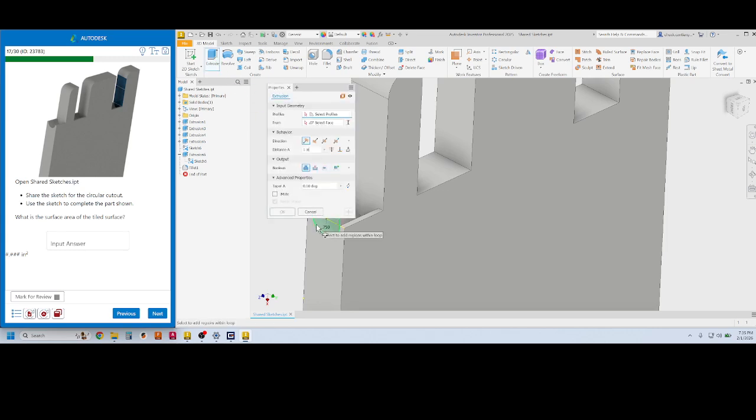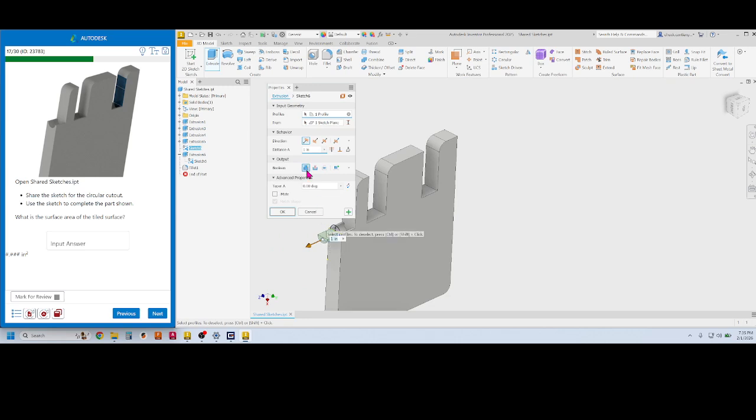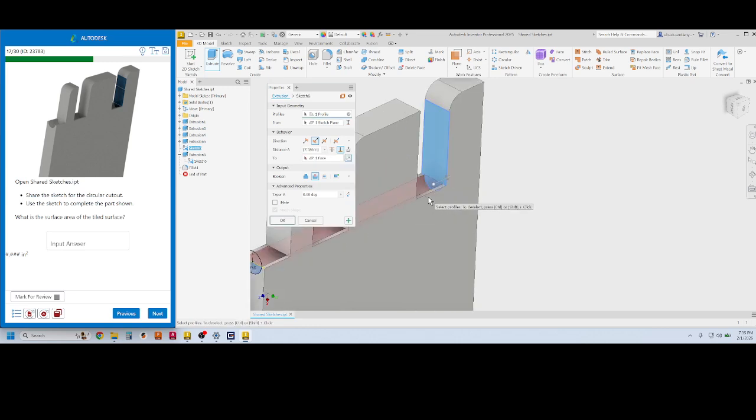Okay, extrude. We only need to extrude the bottom half of this. Okay, and we're not doing a join, we are doing a cut, which is going to run it through there. Well, how far back does that go? Well, we don't need an actual dimension because we can say To. We can use this To thing here, click To, that face, and it'll cut all the way to that back face. Now we could just leave it like that with all that stuff cut out because all we care about is that surface area. But just so you'll see how to do this, I'm just going to run it between